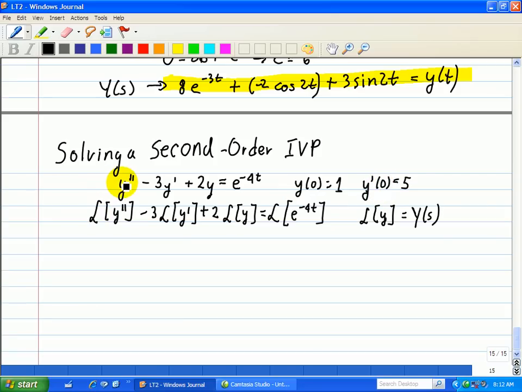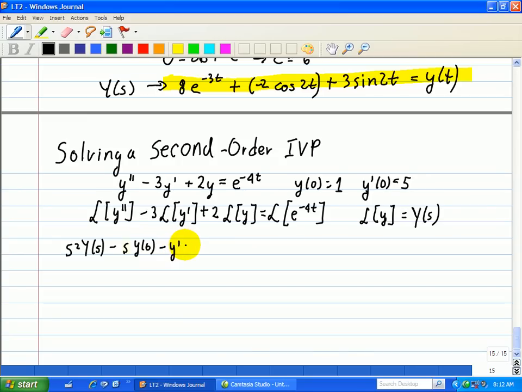So when we take the Laplace transform of this differential equation, we'll do it term by term. So Laplace transform of y double prime minus 3 times the Laplace transform of y prime plus 2 times the Laplace transform of y is equal to the Laplace transform of e to the minus 4t. And we note that the Laplace transform of y we'll let equal Y of s. So in this case, since this is a second derivative of y, this is s squared Y of s minus s times the initial condition y of 0 minus